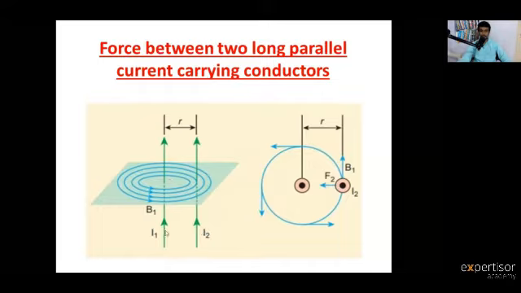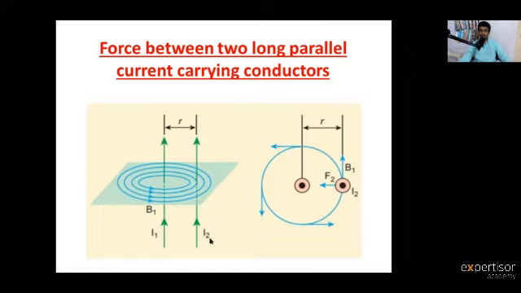By the flowing of electric currents I1 and I2, for the first conductor, because of the I1 current, the B1 magnetic field is generated like this. At the same time, for the I2 current, the B2 magnetic field is also generated. Look at this picture. Here, B1 is the magnetic field generated by the I1 current which is flowing through the first conductor.